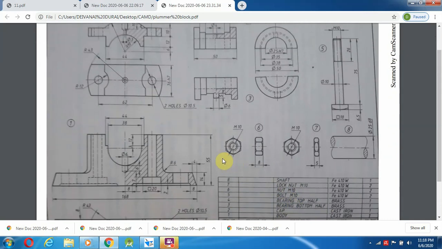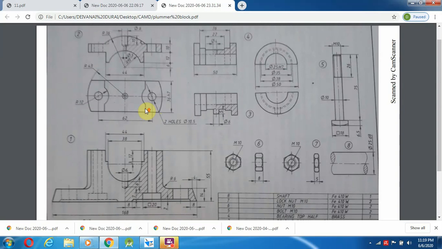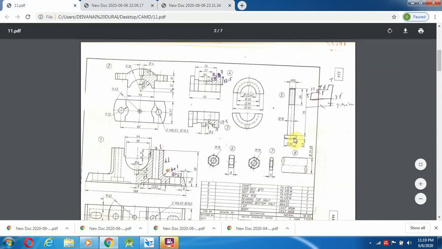So what are all the views they have given? In the first one they have given a half sectional front view and top view. In the second part, a half sectional front view and the top view. The third one has a front view, half sectional front view and side view.